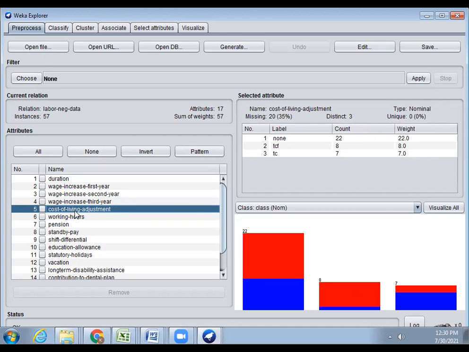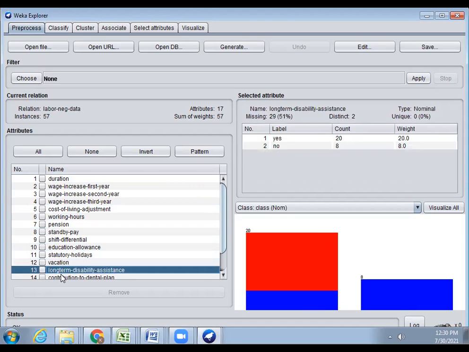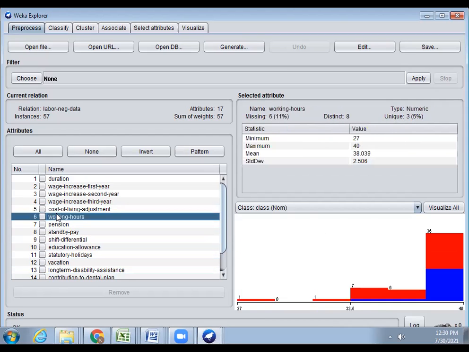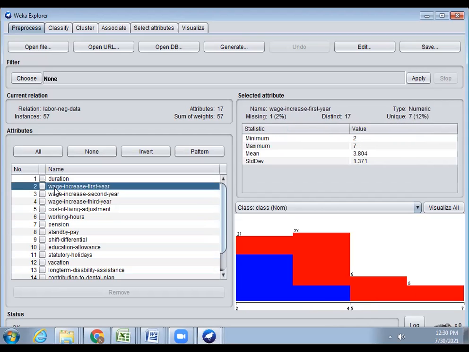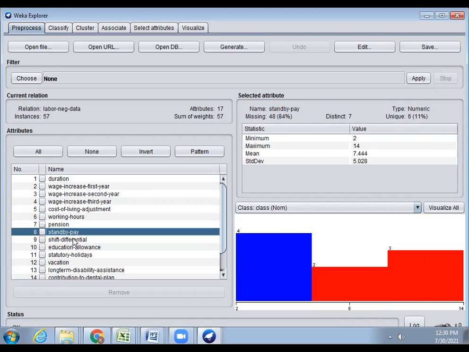In our data set there are several attributes that have numeric values. If we want to analyze the classification process, the numerical values need to be converted to nominal type.